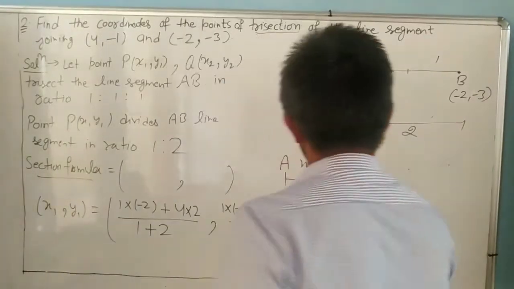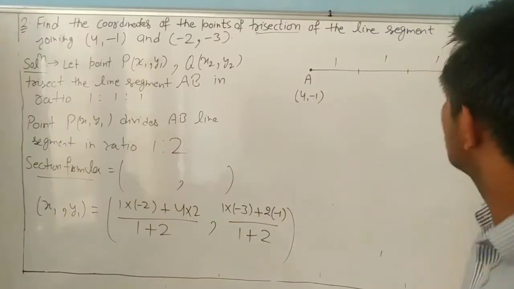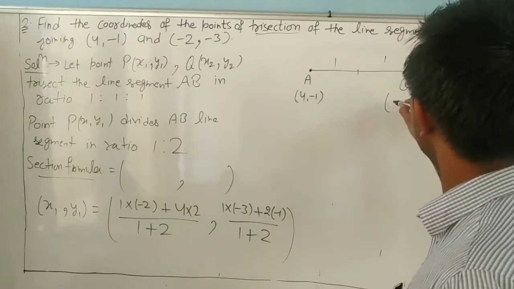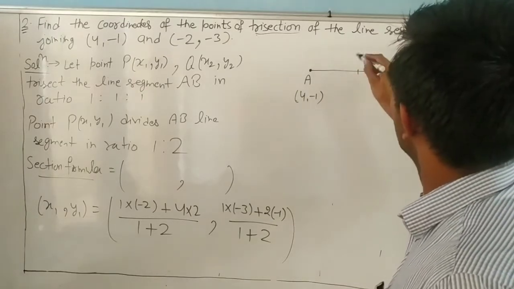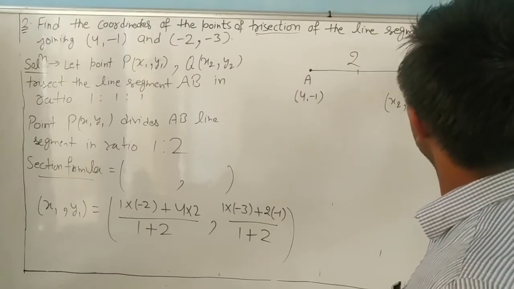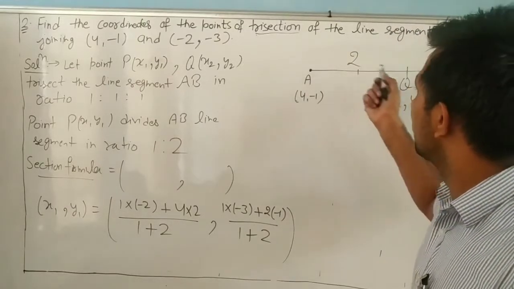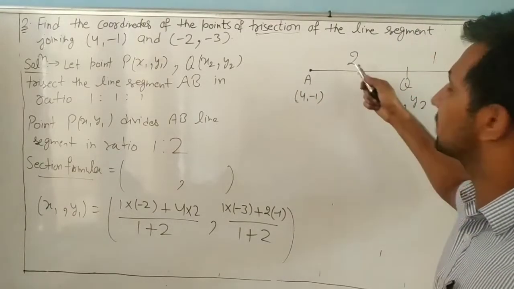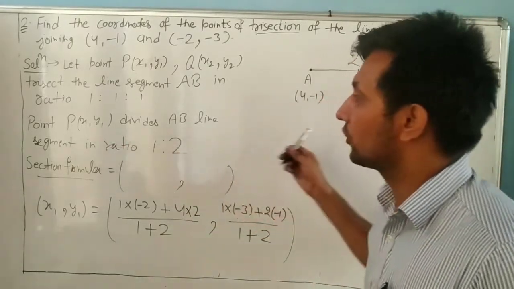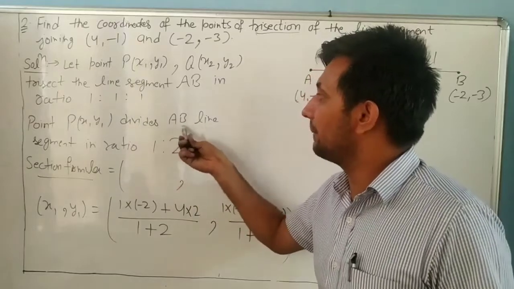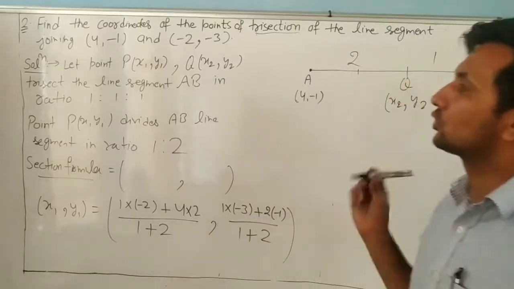Same as it is. Now suppose, forget P is not there. So what is Q? Q is here, and it is x2, y2. So what is it? 1 plus 1, 2. Now what ratio? 2:1. Here it is 1:2, and for Q, Q is dividing the AB line segment in ratio 2:1. So after solving, we will write point Q divides the AB line segment in ratio 2:1. Can you find it yourself? So solve this question yourself.